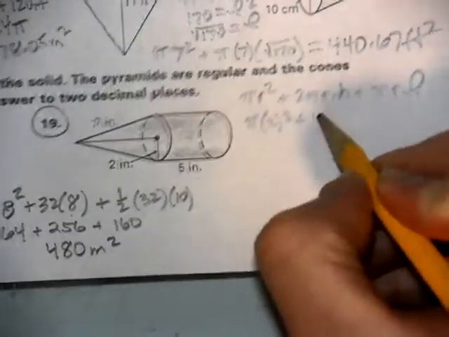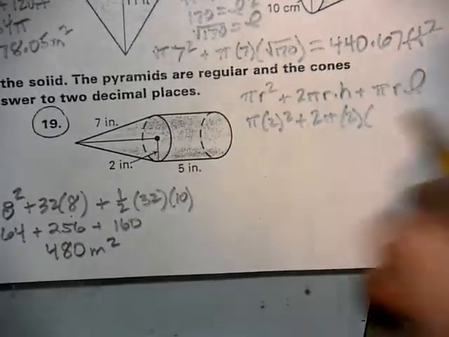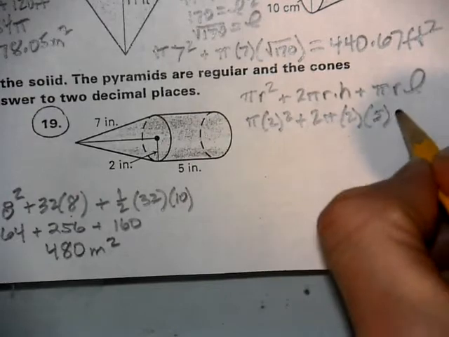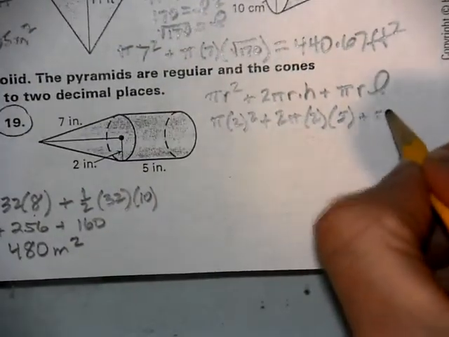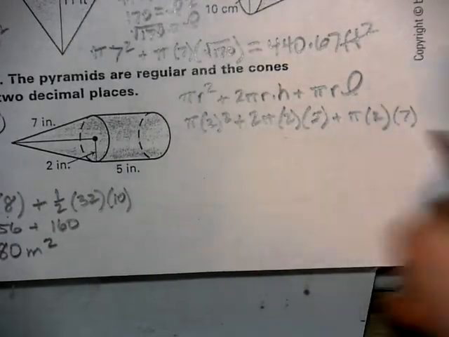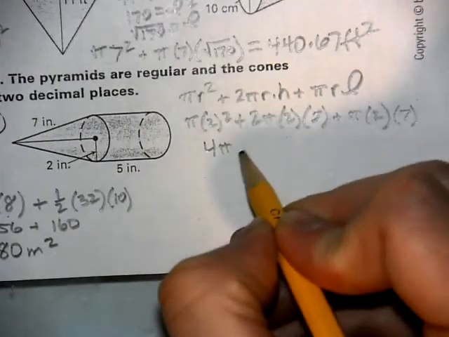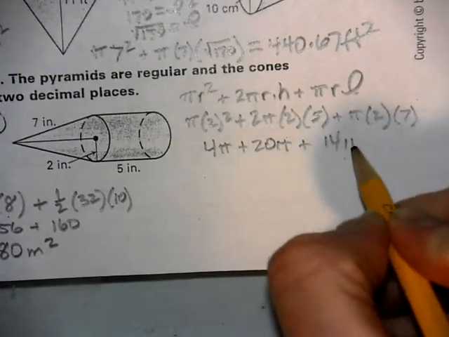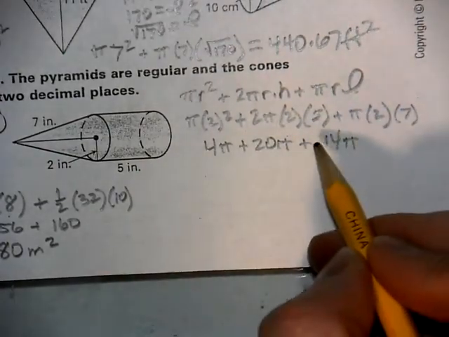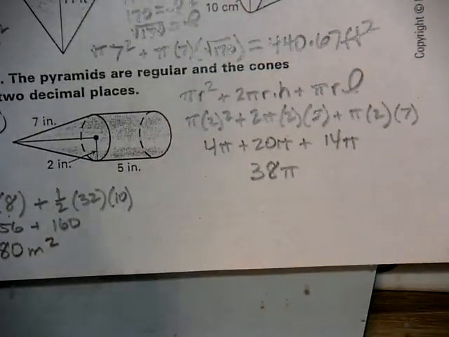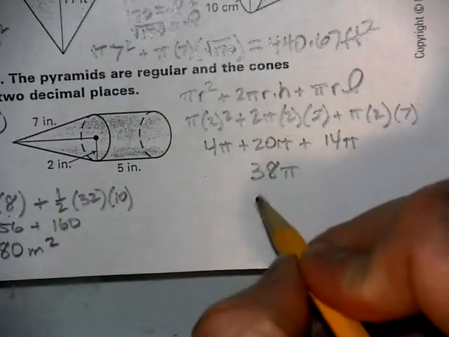So we have 2 squared plus 2 pi 2 times the height, which is 5 of our cylinder, plus pi times 2 times the slant height, which is 7. So 4 pi plus 20 pi plus 14 pi, 38 pi. And then that's the exact value, and a rounded number,